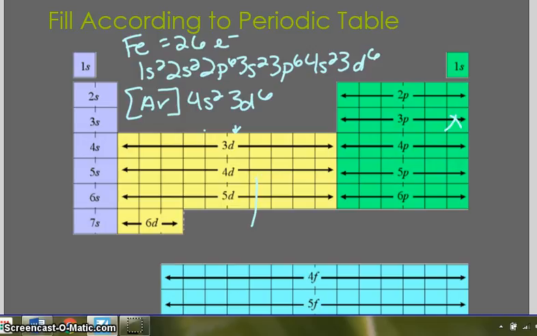To get there, if you take a look, to place those 26 electrons, I simply went all the way from hydrogen